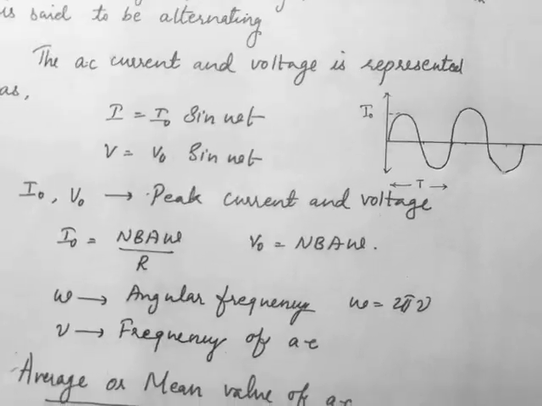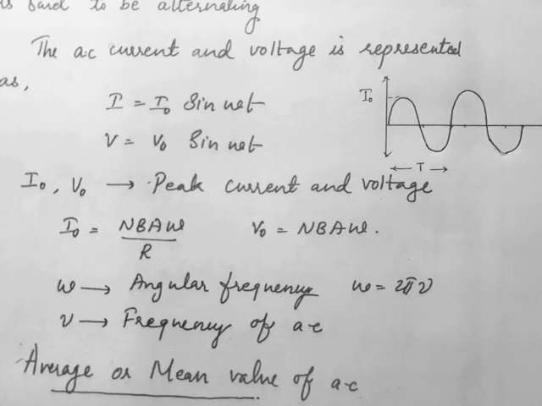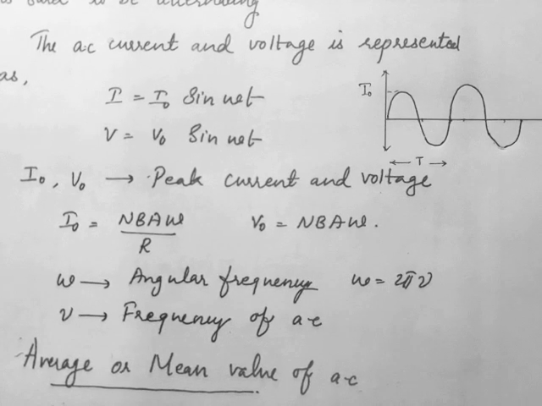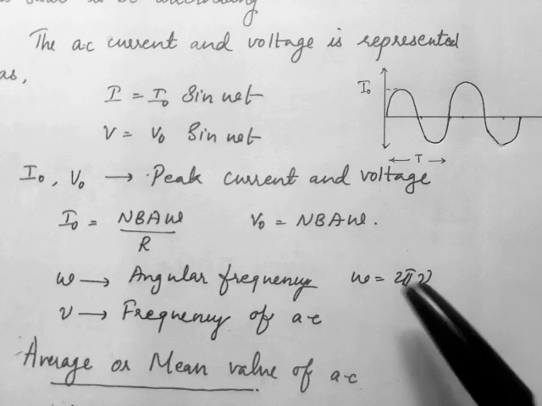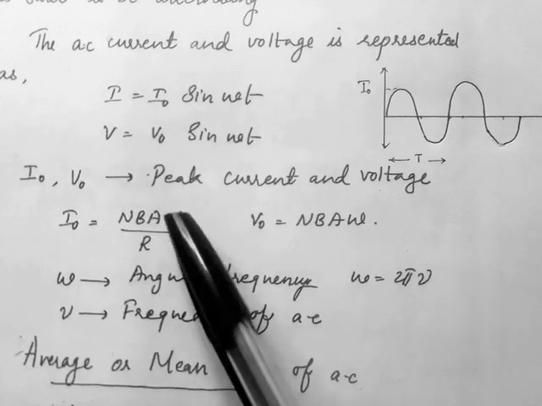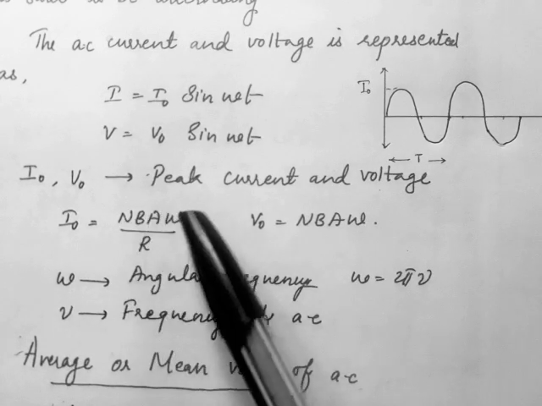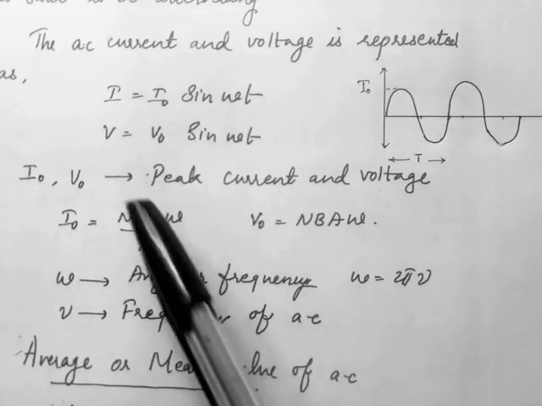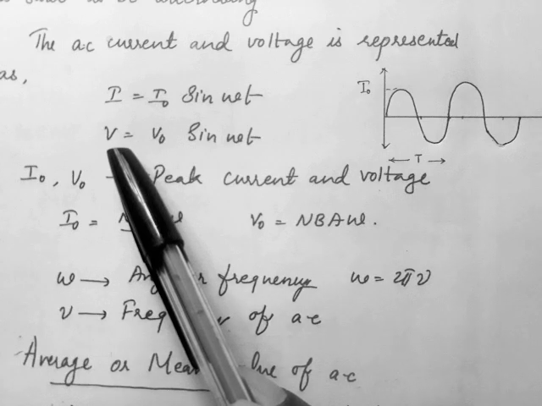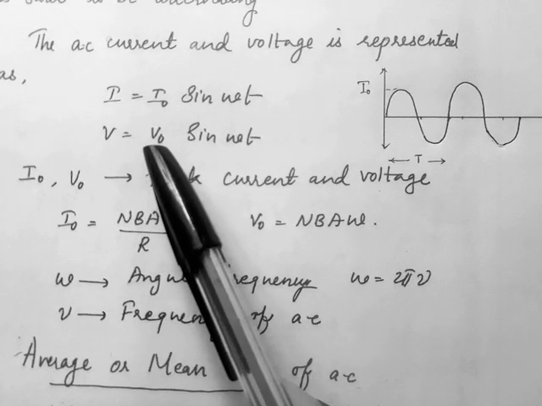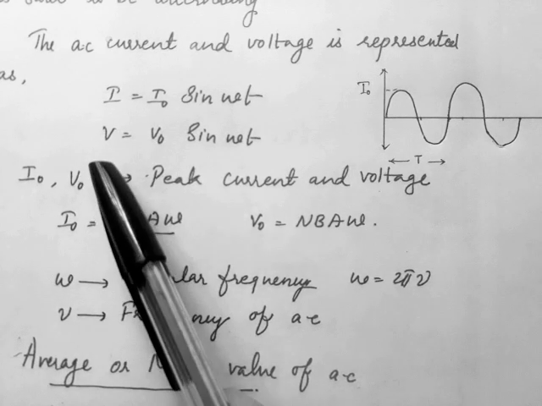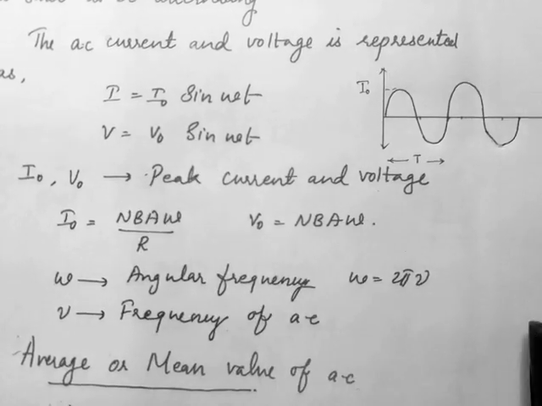And we have already derived this expression. We represented it as E0. Hope you remember, E equal to E0 sin omega t. That was the induced EMF which we got, where we told E0 was NBA omega and current is voltage by resistance, that is NAB omega by R. So there we used the letter E to represent the induced EMF at a particular time, and E0 as the EMF which is a maximum value.